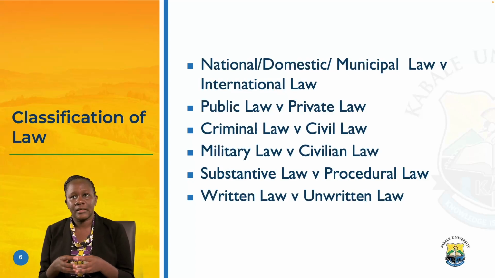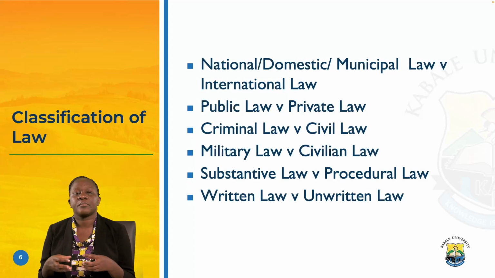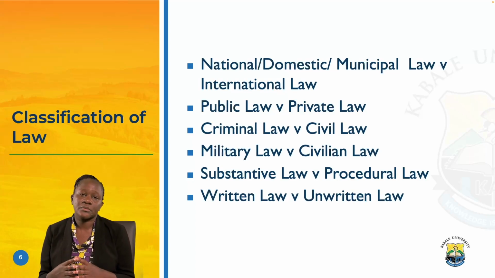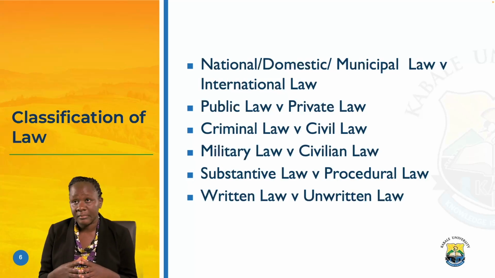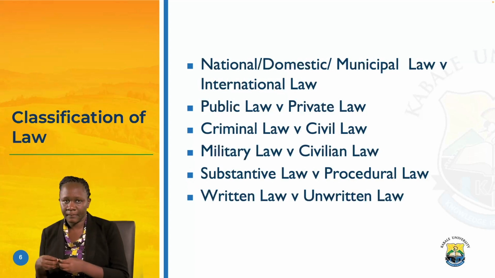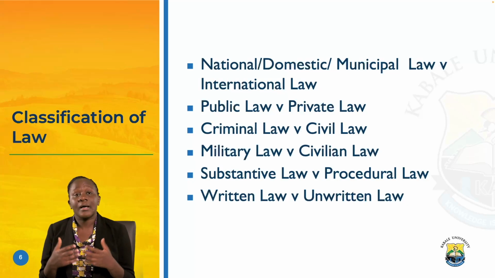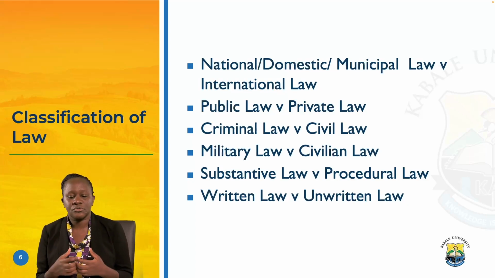Public law, again, holds governments accountable to their citizens, because a government, for example, has the duty to protect a person and their property. So if my property is stolen, the law that will help me recover my property or get compensated is criminal law. And it is the government that has the responsibility of prosecuting the person that has stolen my property. So in doing that and ensuring that a country indeed meets its obligations towards its individuals,